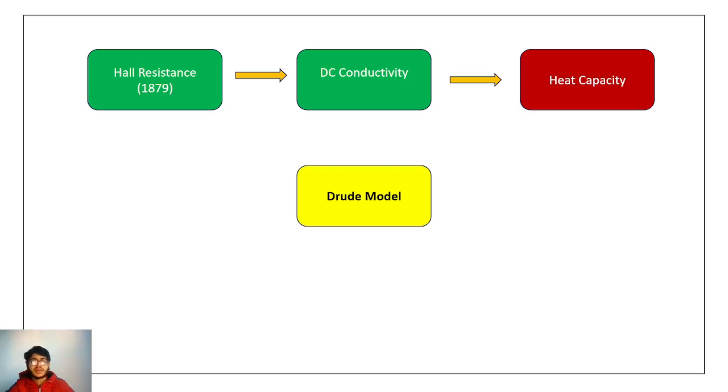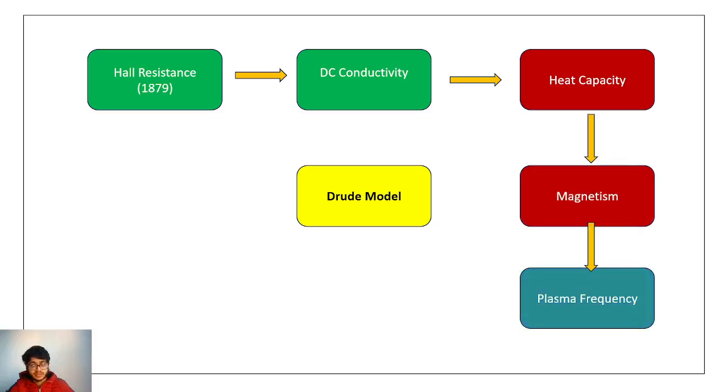Then why was Drude's model still used for other things like magnetism, and plasma frequency where it succeeded, magnetism where it failed? Plasma frequency also means AC conductivity, because it was seen that for certain things Drude models work, but it was a known problem that the Drude model is broken when it comes to heat capacity. No one actually knew why the Drude model is broken, but it was a pretty good model for a lot of things, also for magnetism.